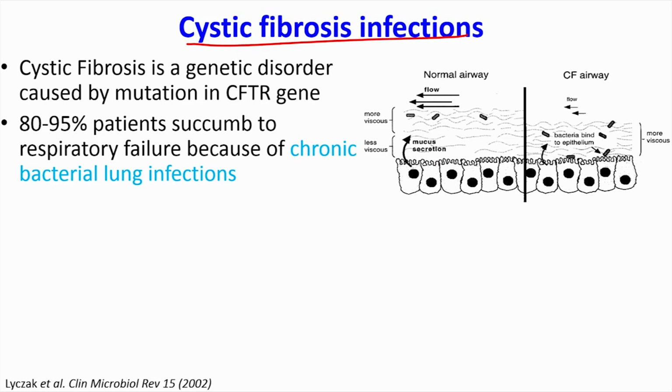It is caused by a mutation in a gene called CFTR, the cystic fibrosis transmembrane receptor gene, and because of that the secretion of chloride ion is not good, and that causes a lot of problems in terms of the diffusion and the water content in the mucus. Cystic fibrosis actually affects a lot of organs, including your intestine as well as lungs and even the sweat glands. But the major manifestation comes in the lung, where typically in the normal lung you have these lung epithelial cells,